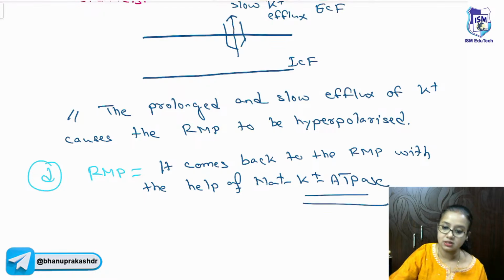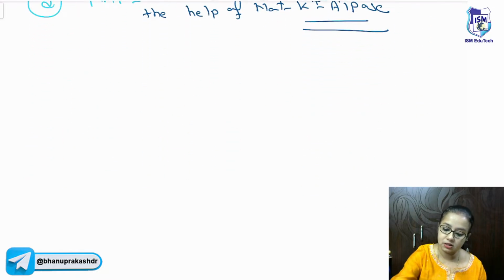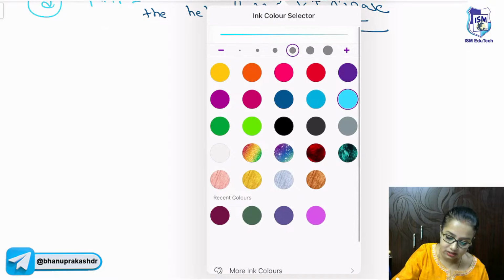So this is the ionic basis of the action potential of a nerve fiber. Now in context to this action potential,